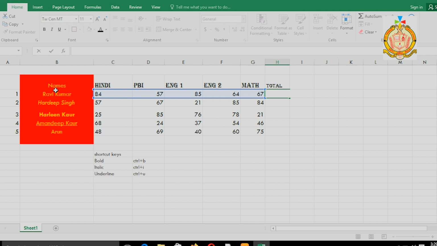You have to see how many students, how many numbers we have. Then we have to click on this Home tab, already it is selected. Then second step we have auto sum. When we click on auto sum, then click on this sum, and this sum is highlighted there.